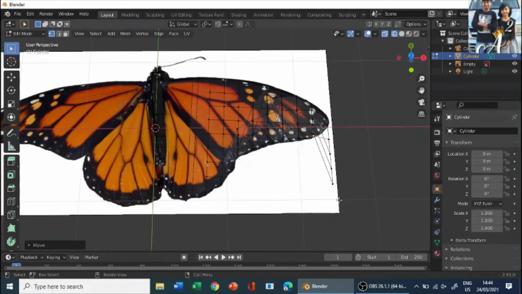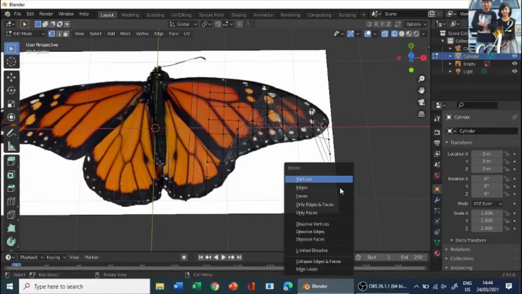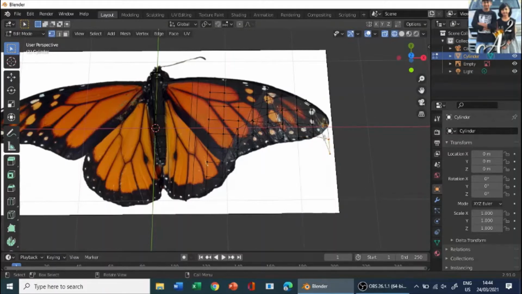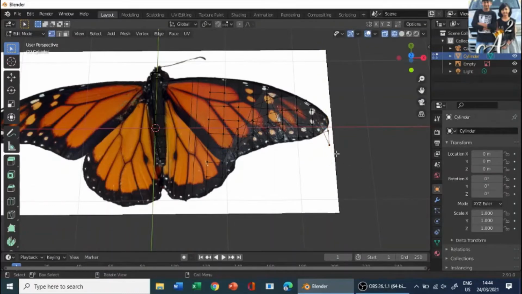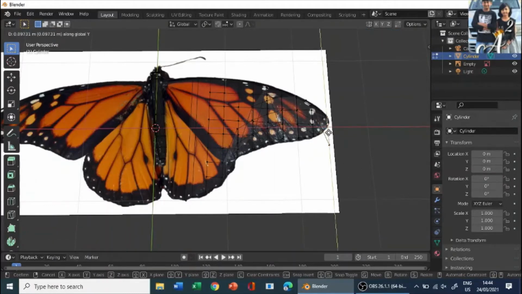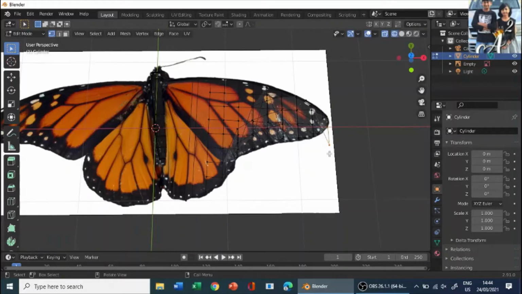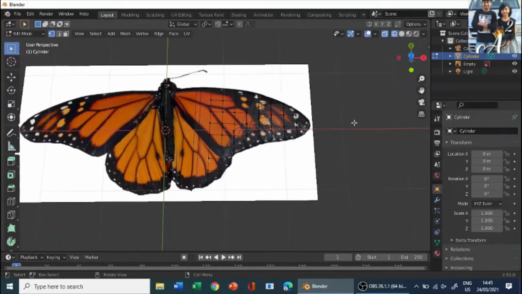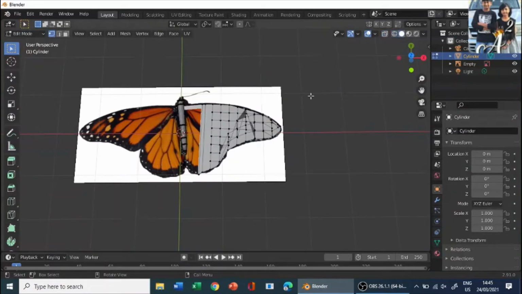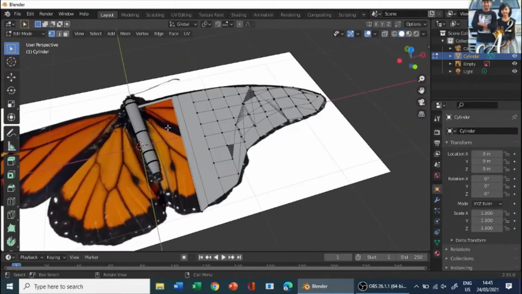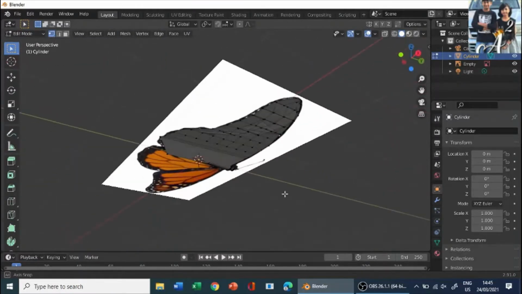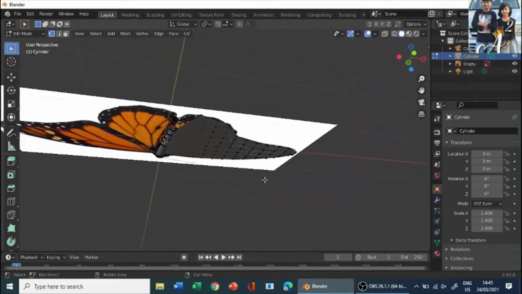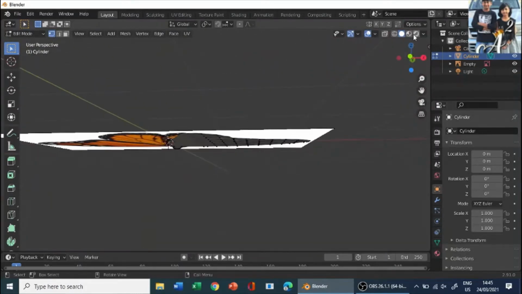Then we'll just delete these two vertices, X to delete vertices, and G on the Y over there, and G over Y over there, and we don't need these vertices, X delete vertices. Now let's go back to our mesh view, and our mesh over here is not visible. So let's go back to our wireframe view. Oh, our mesh over here is down, so we don't need that to happen.